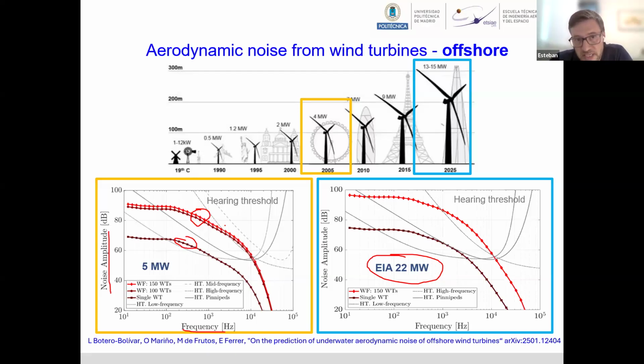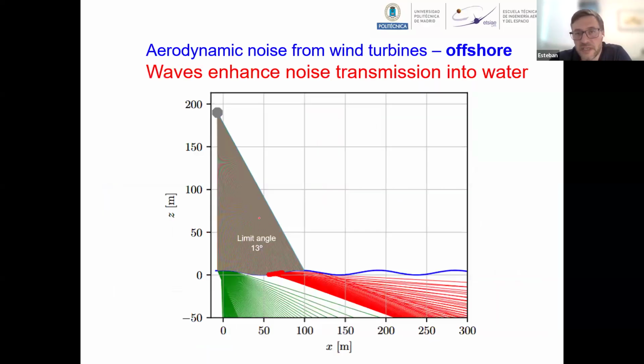Right, so what we see is that when we compare that to hearing thresholds, the emissions are clearly above the hearing thresholds, meaning that the animals can indeed hear these turbines. Of course, when we go to larger turbines, the largest ones that are proposed these days, 20 megawatts, those are huge turbines. With only one turbine, we already see that we're clearly above the hearing threshold. Of course, that scales badly when we have larger farms. Right, so we know this can be a problem. And furthermore, we have